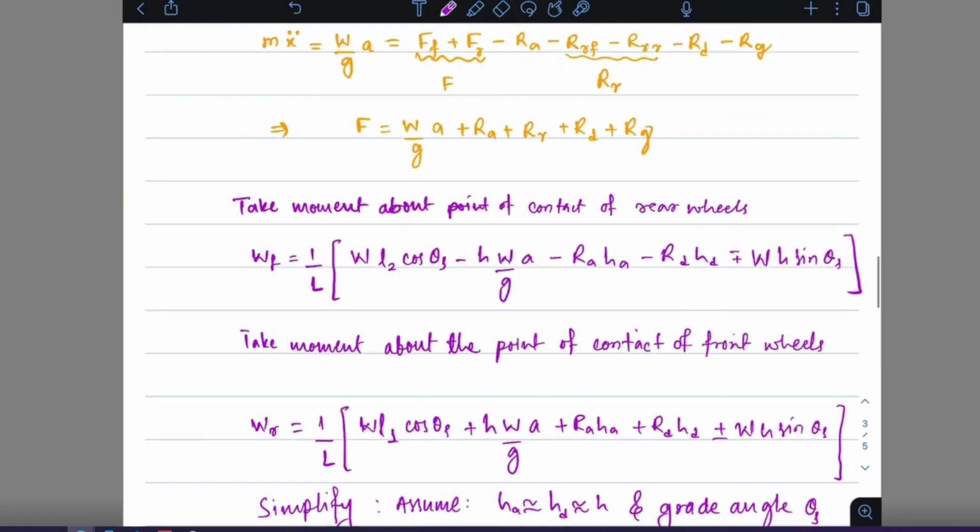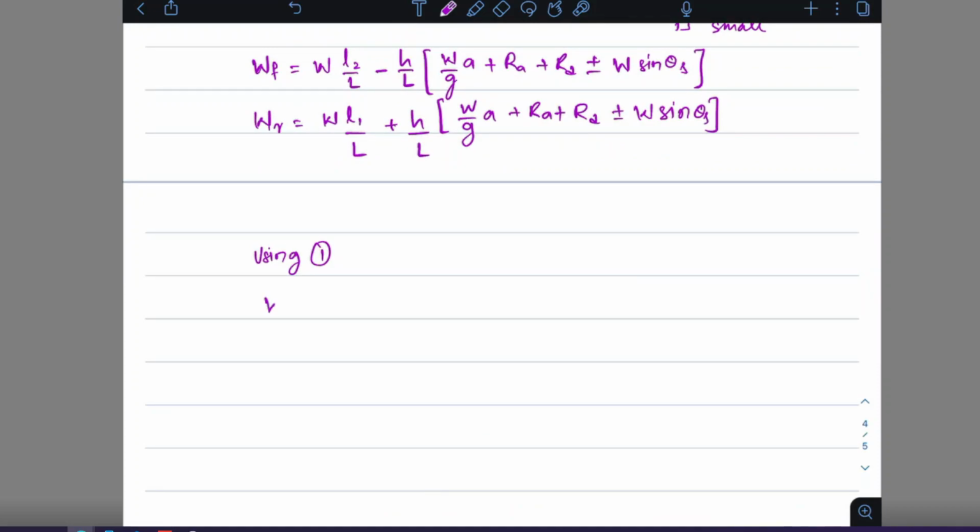Let me label this equation as 1. We can write WF as, sorry, F minus RR, rolling resistance, and